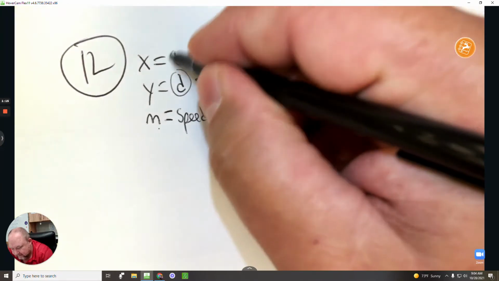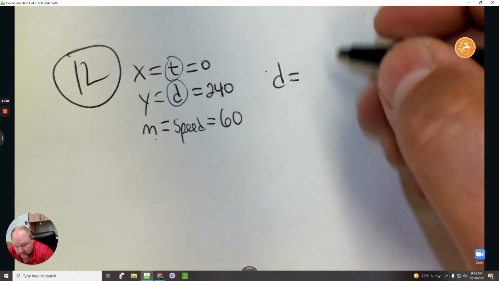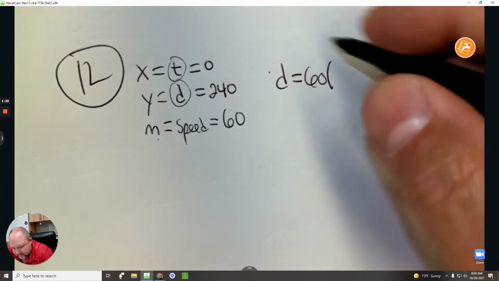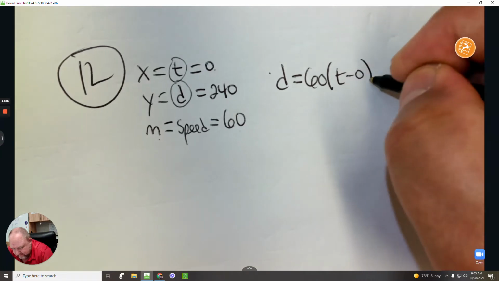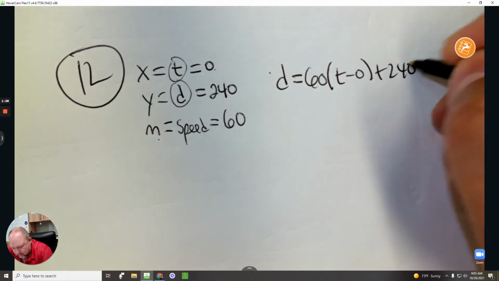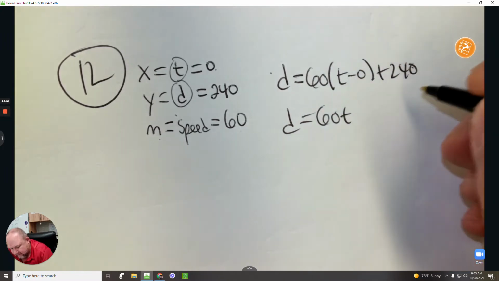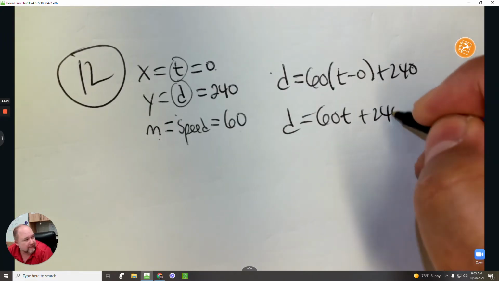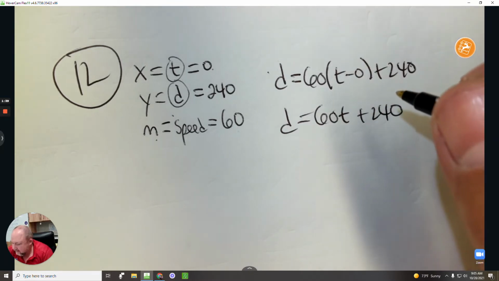So I'm going to use these letters instead of x and y. It's going to be okay. So instead of y equals, d equals the slope, t subtract 0, it's just t, and then add the y coordinate, which is d, which is 240. So if I put this together, that's 60t plus 240. That was A, right? In B,